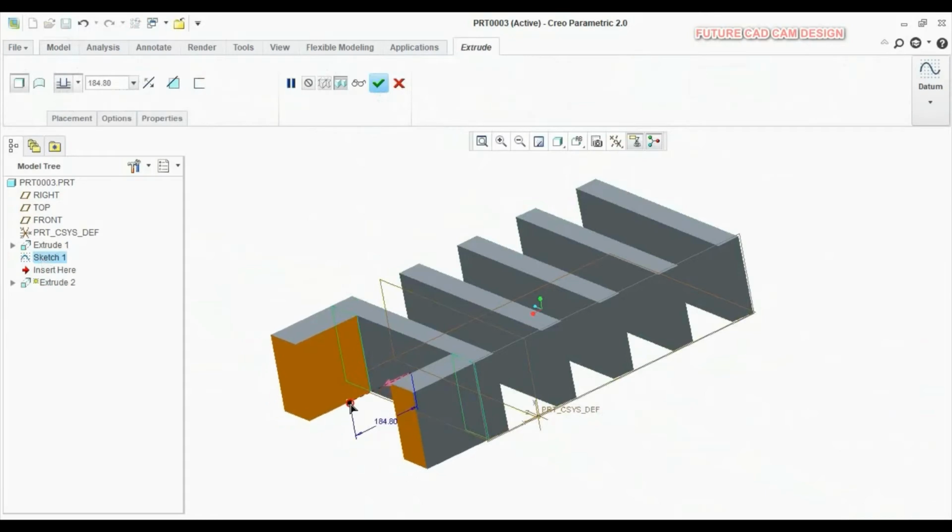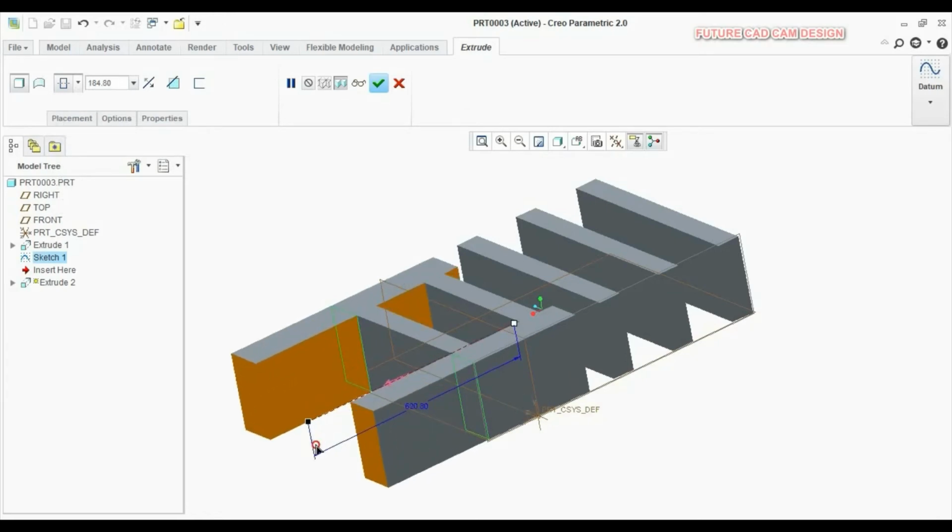So now we have created an extrude upon another part. Already we have one part, and we created an extrude on another part. So now three more options are available in the extrude command. You can see here, at the beginning we had only three commands. I mean we can give the value specified at depth, and then symmetric. Symmetric means we can extrude symmetrically in both directions but with equal length.